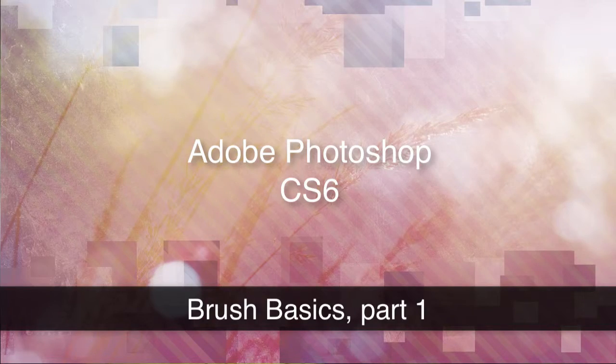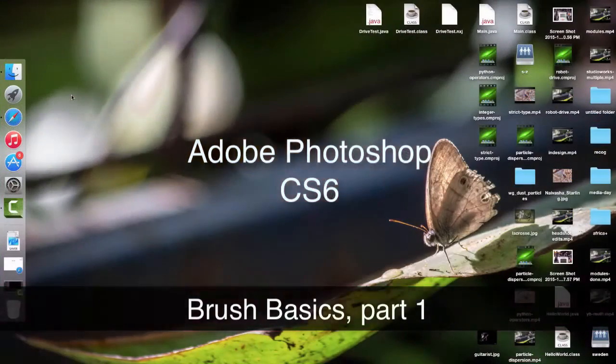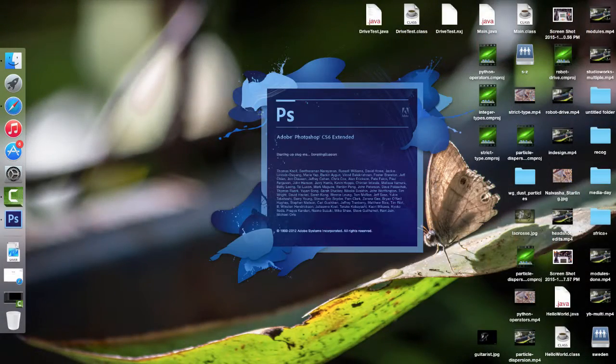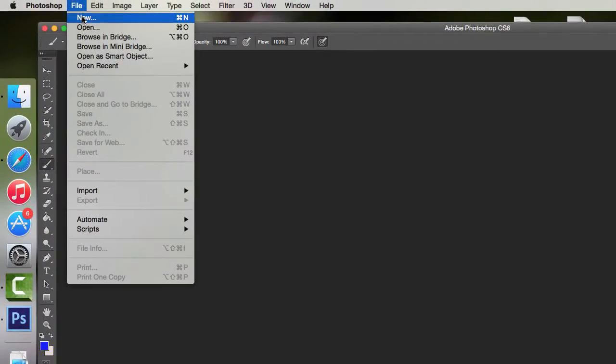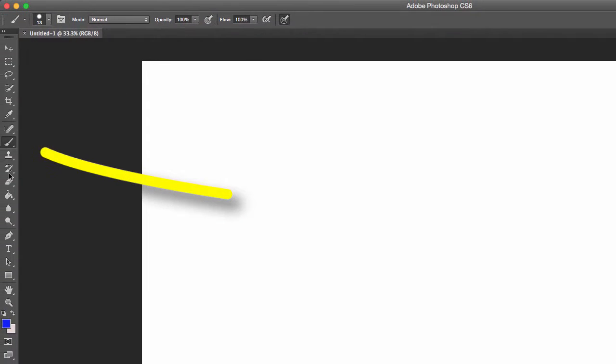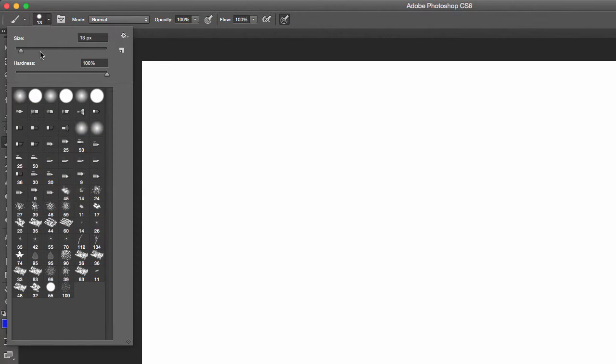Alright, so we're just going to take a really quick basic look at the brushes. So let's launch Photoshop. I'm just going to create a new canvas, 10 by 8 by 300. That should give me enough room to play with things. And I have my brush selected, and I can go up here and I can look at different brush options